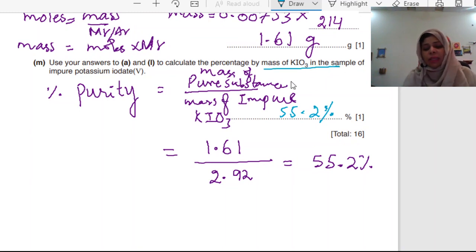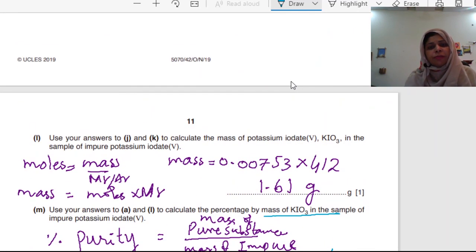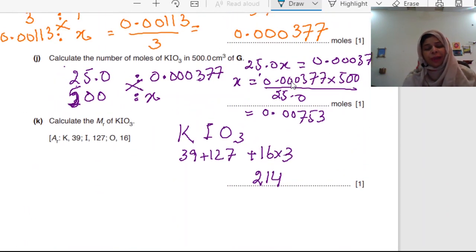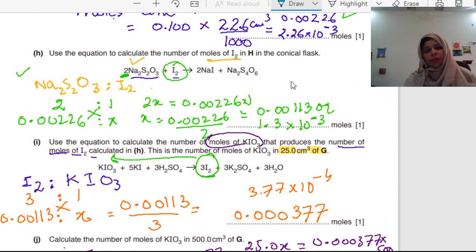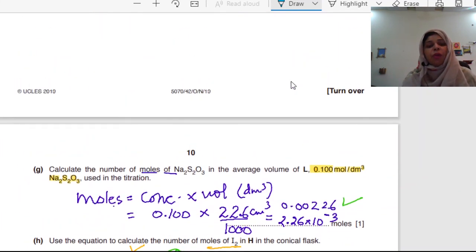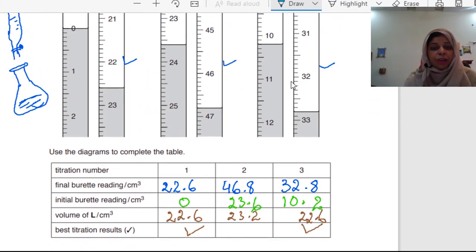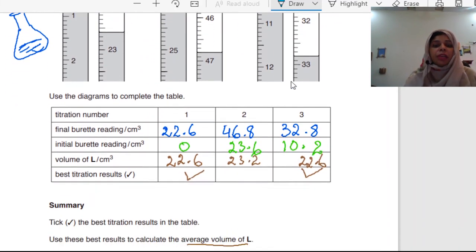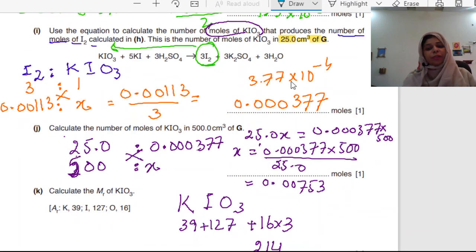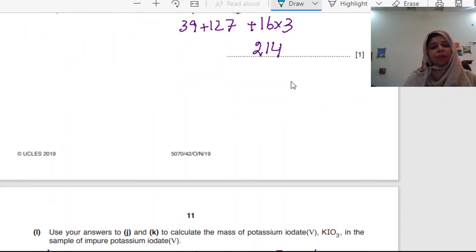So practice, all the parts closely resemble this, so you have to practice all the rest of the titration. You can get the benefit from here. If you want more practice, I can make more videos on titration to give a better understanding of the calculation of titration. I hope you have learned it very well